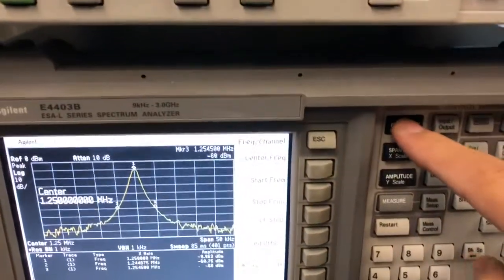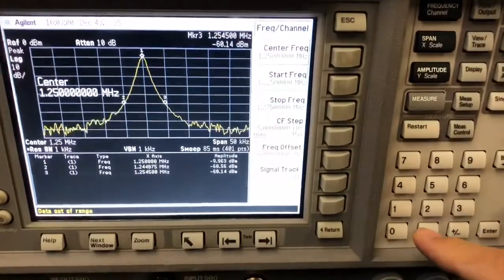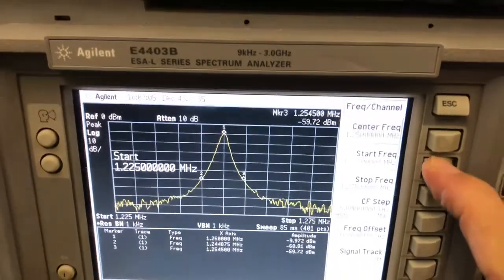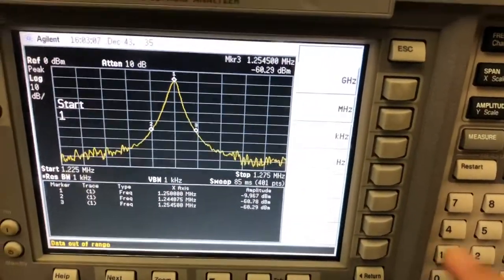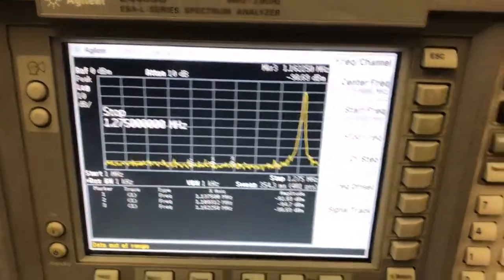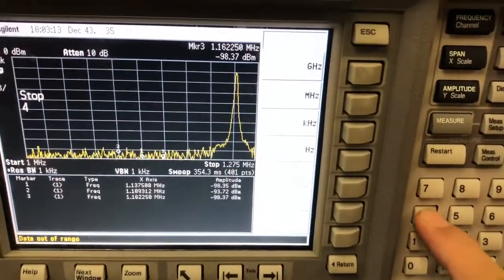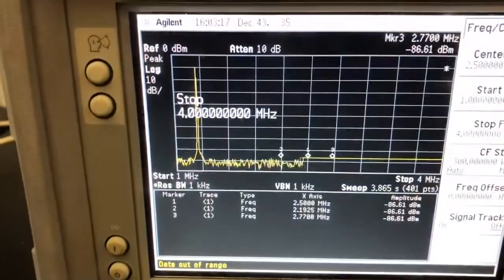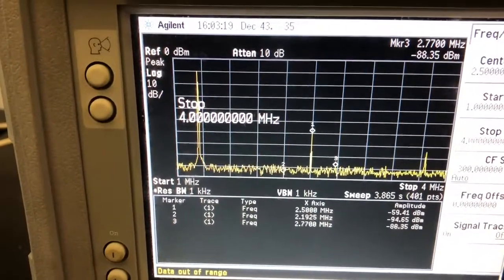So frequency here, start frequency 1 megahertz and stop frequency 4 megahertz, and we wait for the sweep. Okay,